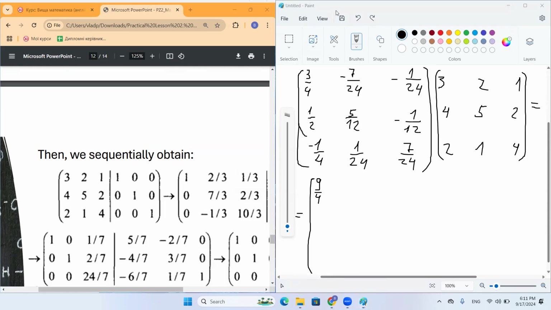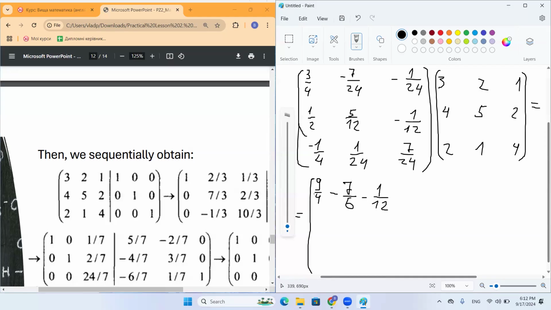Okay, Adrian was the first, then Daniil. Minus 28 divided by 24, but it's actually minus 7/8. Yeah, so we can write it shorter. And then minus 1/12. Actually, if we calculate it, the common denominator, yeah, 12, so it will be